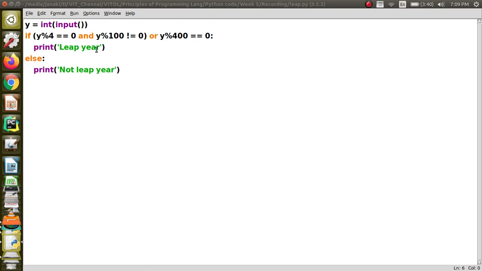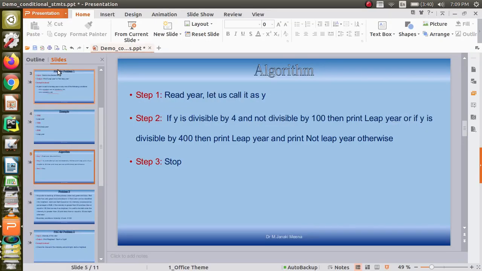And when you are working with an integrated development environment, this indentation will happen automatically. But when you are going to use your own editors, let it be Notepad or something, then you have to take care of the indentation, right? Okay, so now we will go to the next problem.